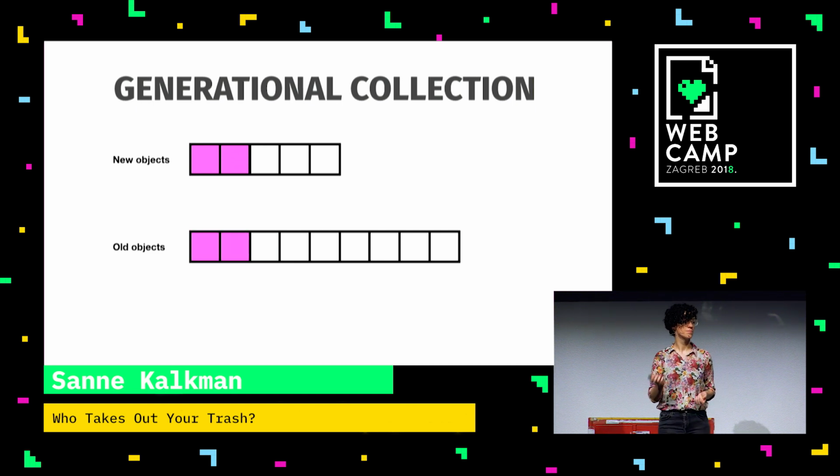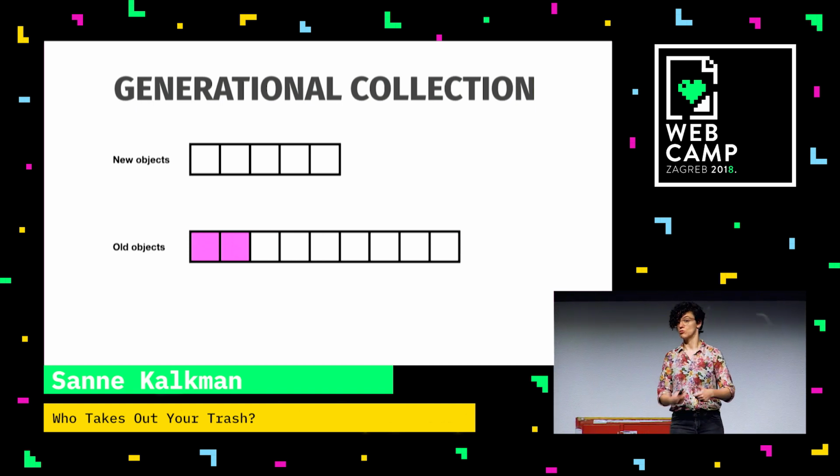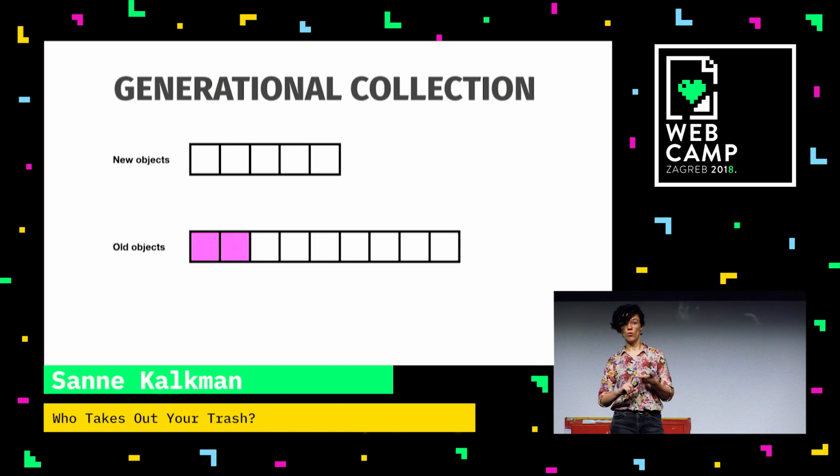And then what you do, you copy your baby objects, which are now full-grown objects, to the other generation, and clean up the baby generation. And in this way, you don't actually really have to look at those old objects very often. You don't have to check them every time, because they're probably still good. You only ever have to check them when you run out of old object memory, or if some rule that you follow for that